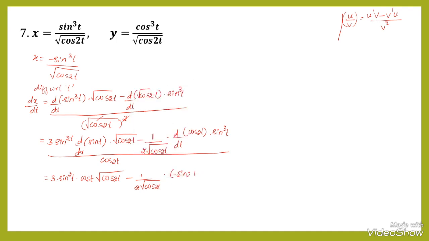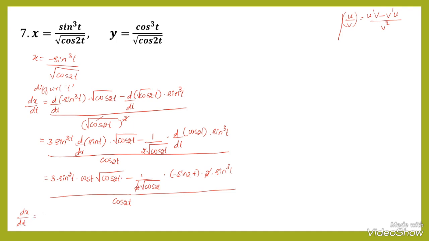Again, in place of t we have 2t, so differentiation becomes 2 into sin cube t. This 2 cancels. Again minus minus becomes plus, divided by cos 2t. We have dx by dt equal to,